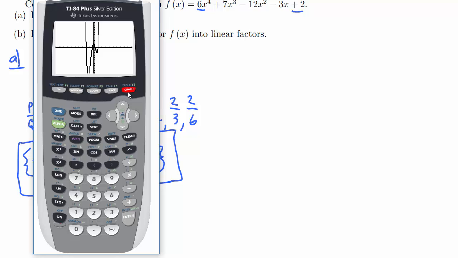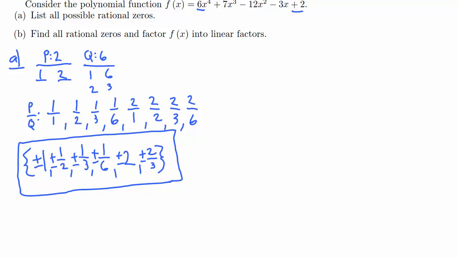But to see any of these, I want to go to the table. So if you go to second table, this is probably what you're going to start seeing. But the question is, how do you determine what's a zero and what's not? Remember, the definition of a zero is wherever it crosses the x-axis. But what's that y value on the x-axis? Well, that's 0. So if you go back to the table, look for any y values being 0. In this case, that shows that -2 is a 0. So we're going to use -2, and we're going to prove that -2 is a 0 using synthetic division. So -2, synthetically divide all of this. So that's a 6,